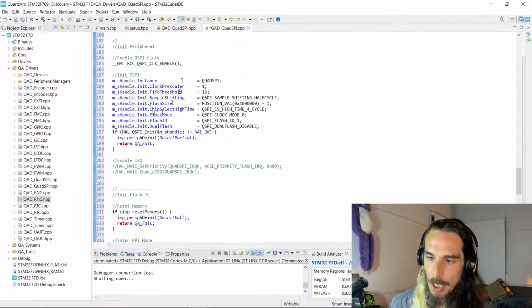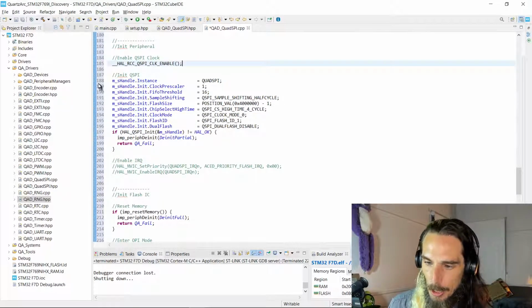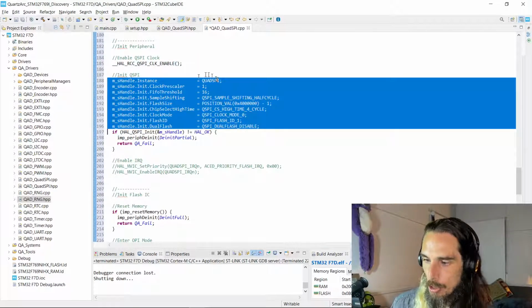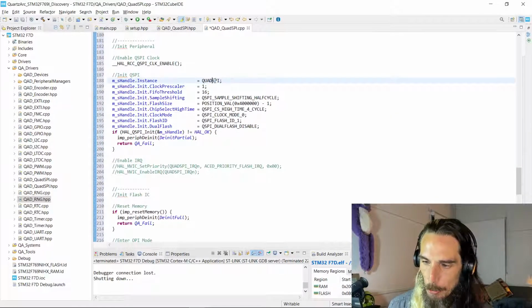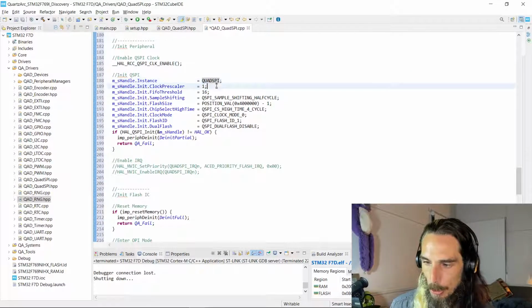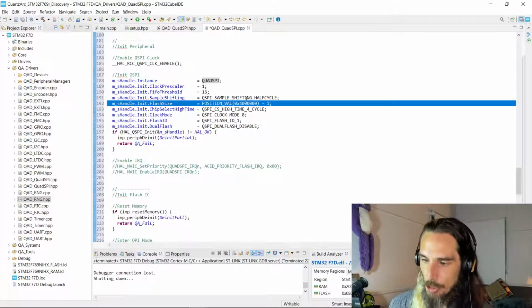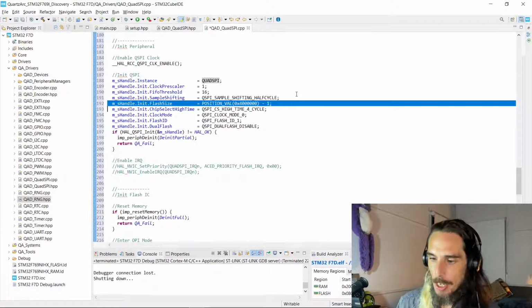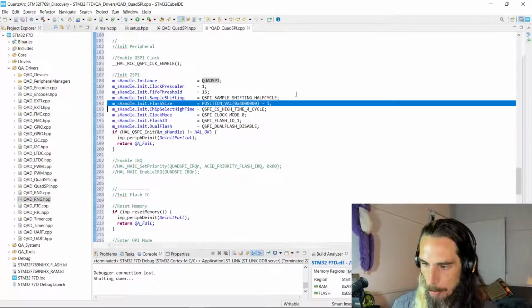And then we're going to go through and set up the actual QuadSPI peripheral. So first thing we need to do is enable a clock for that so that the peripheral has a clock to be able to operate. Fill out our structure to be able to define how the peripheral is going to be set up. So let it know we're using the QuadSPI peripheral, what our clock prescale is going to be, what our FIFO threshold is. We've also got to let it know things like how big the flash chip is, so that it knows not to try and access outside of the flash memory space, and a couple of other bits and pieces